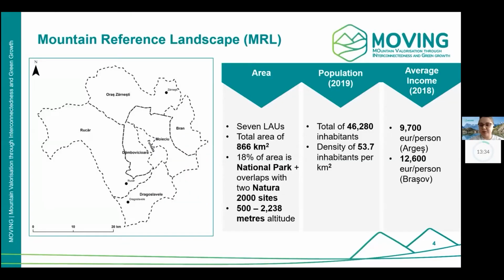A few pieces of information about the region. A total of 7 land administrative units with a total area of 866 square kilometers in 2 counties, Brașov and Argeș, encompass the massif, 80% of which is part of the national park, which overlaps with 2 Natura 2000 sites. The altitude of the region is between 500 and